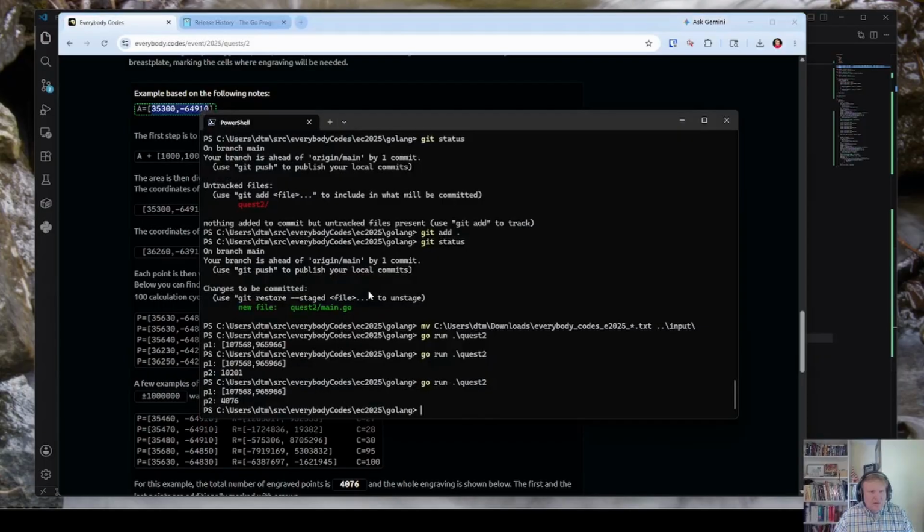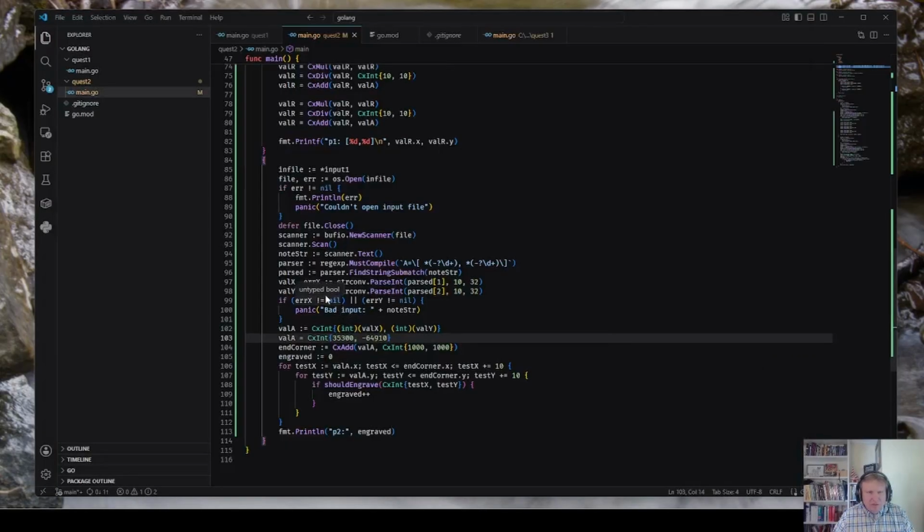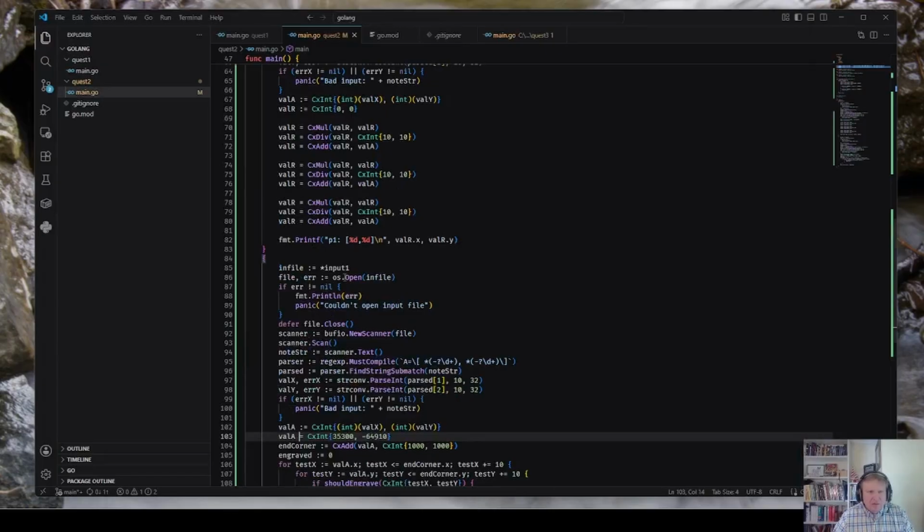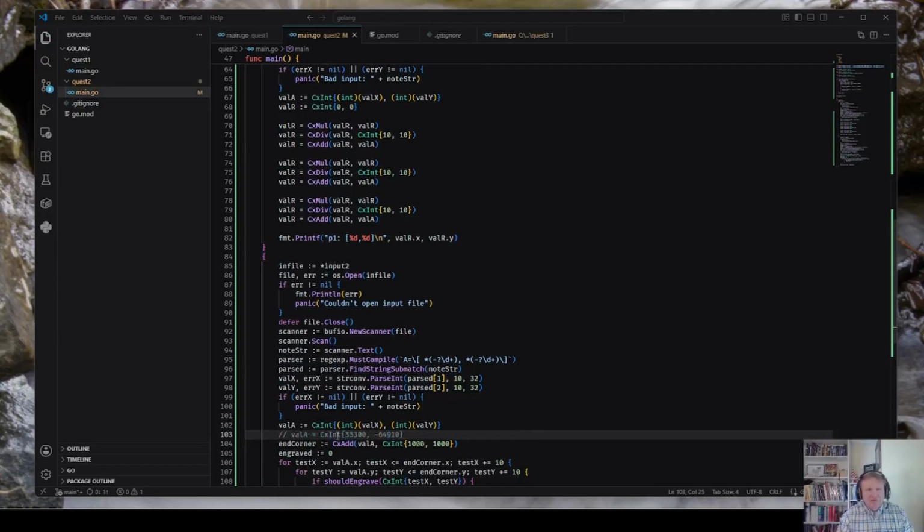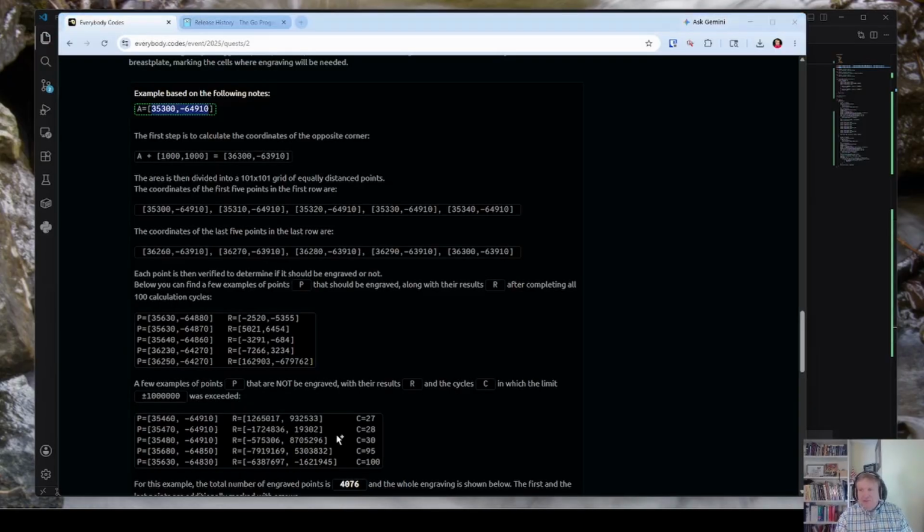Huh. And I'm really doing... aha. Yep. So I was using input 1, so I was using the wrong point.